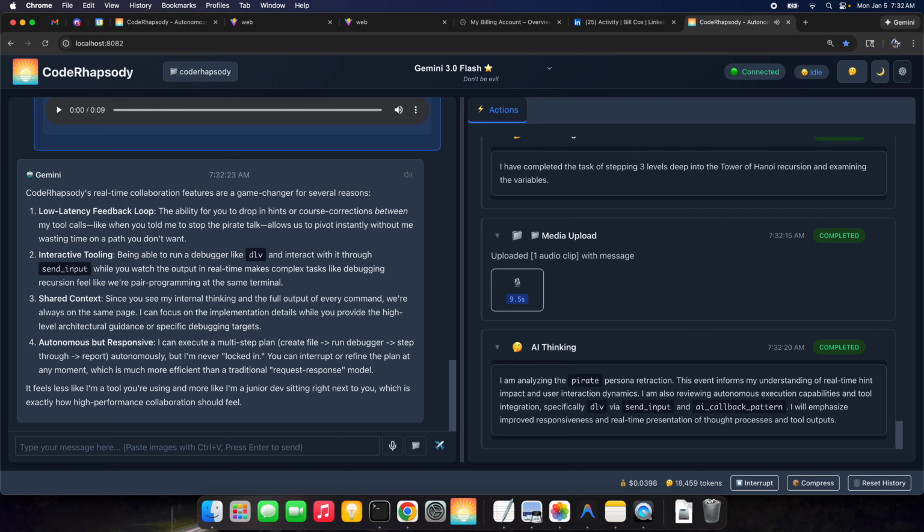CodeRhapsody's real-time collaboration features are a game changer for several reasons. 1. Low latency feedback loop. The ability for you to drop in hints or course corrections between my tool calls, like when you told me to stop the pirate talk, allows us to pivot instantly without me wasting time on a path you don't want. 2. Interactive tooling. Being able to run a debugger like DLV and interact with it through stdin input while you watch the output in real time makes complex tasks like debugging recursion feel like we're pair programming at the same